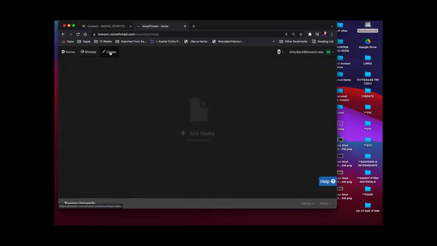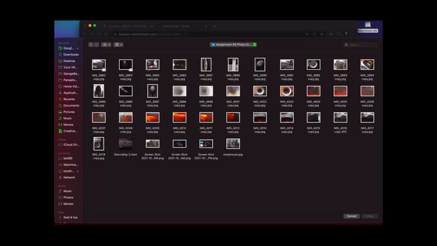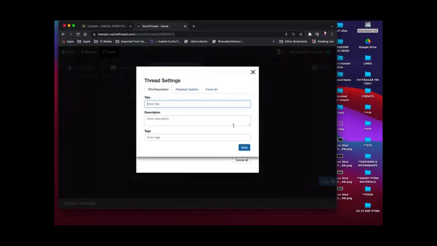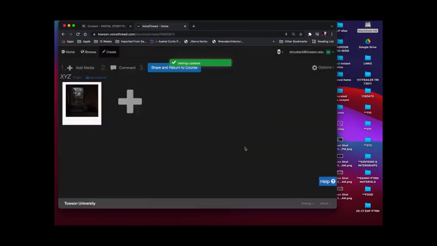You'll go into create here. And here it is. This allows me to create a new voice thread, as it will you. You are going to click on add media. You'll pick my computer, and then you'll navigate your way through your file structure to find your images. And once you pick an image and you hit open, the first time you do it, it'll ask you for a title for the whole piece. So you can title your piece whatever you want. I'm going to title this XYZ just because it's a sample, and hit save.